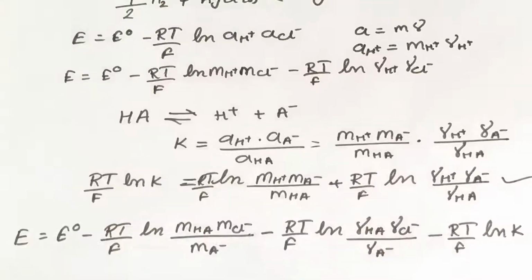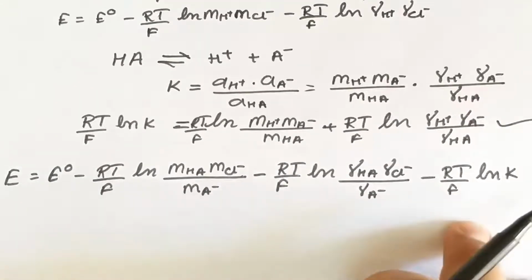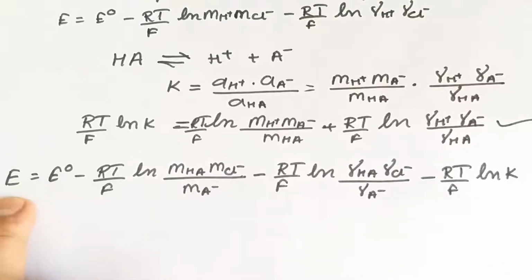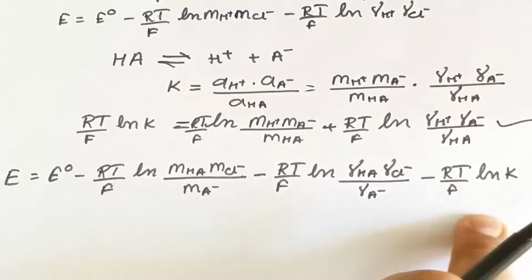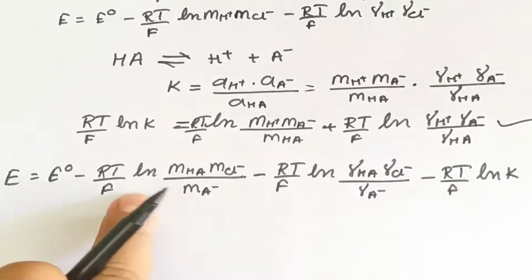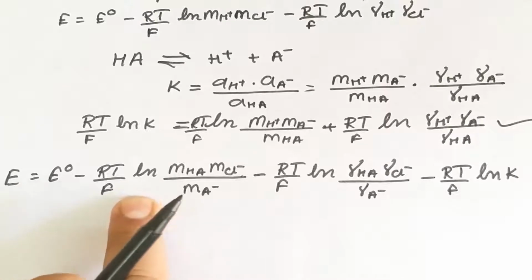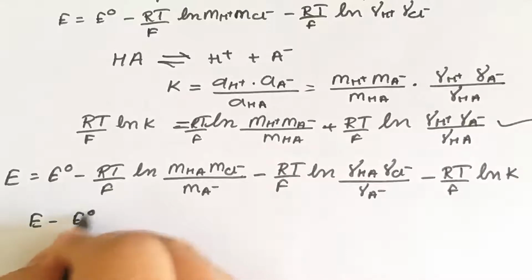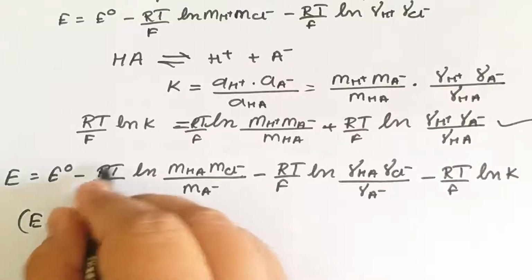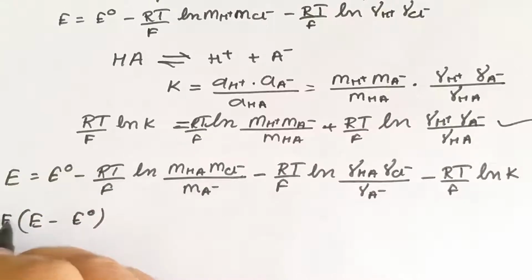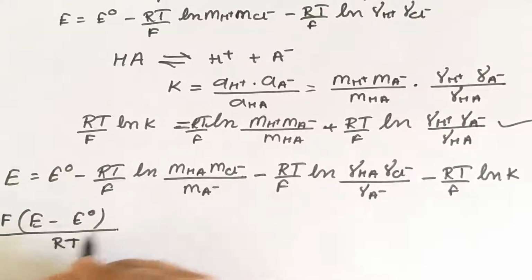Further, we will rearrange this representation in the form that we will take E0 on left hand side, and then RT by F is common in all the three representations, so that also we will take on left hand side, and ln we will convert into logarithm. So the relation will become, first we will take E minus E0, then we are taking this common RT by F and we will take this side, so we will have F by RT and ln is converted into log, so we will have